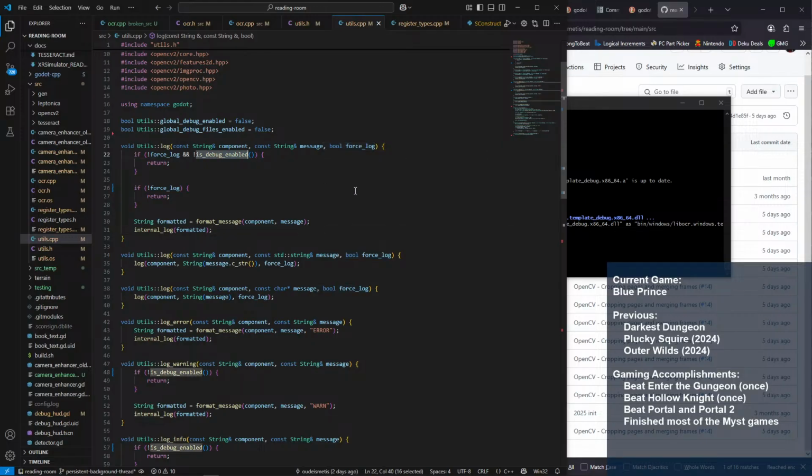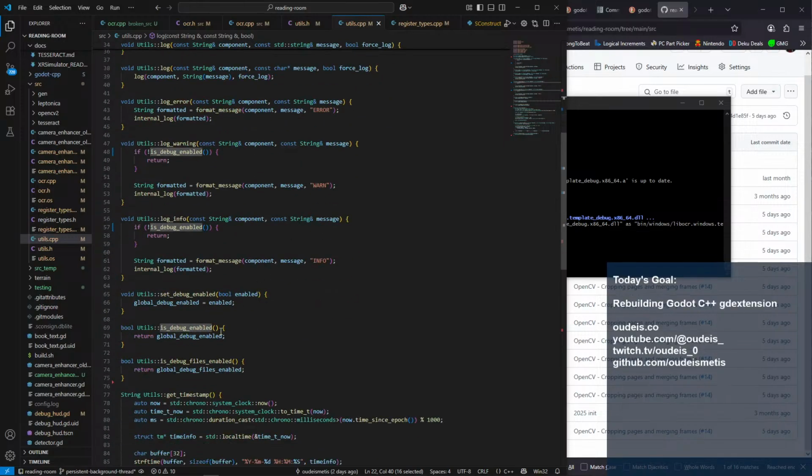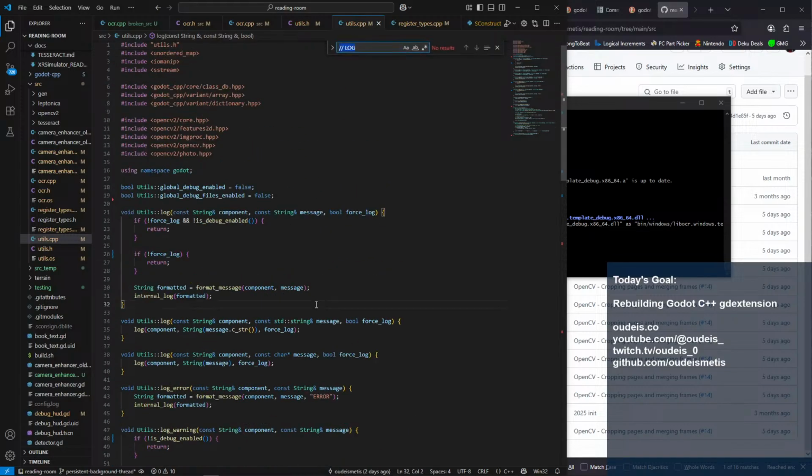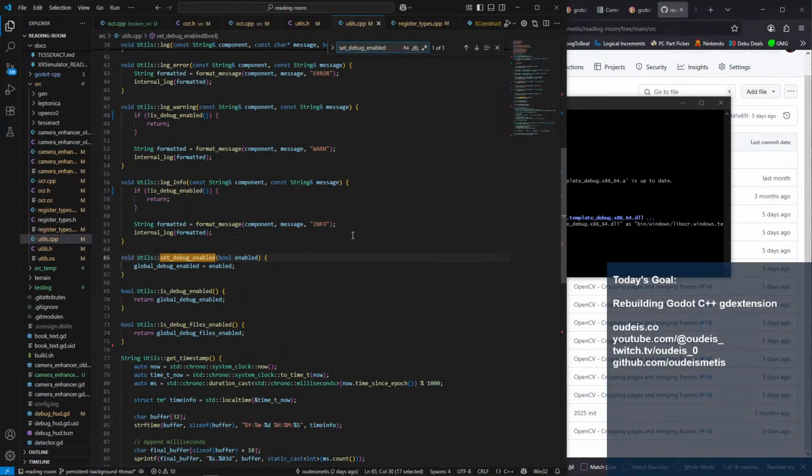Not is debug enabled. If not force log and not debug enabled. Okay. Well, we gotta set debug enabled. And that's public, right?